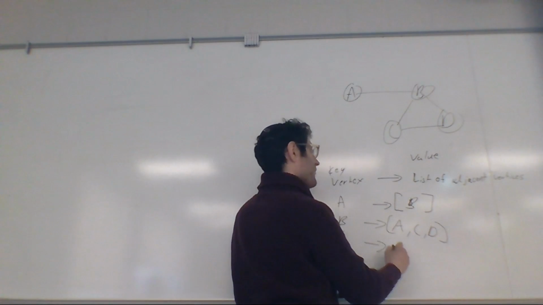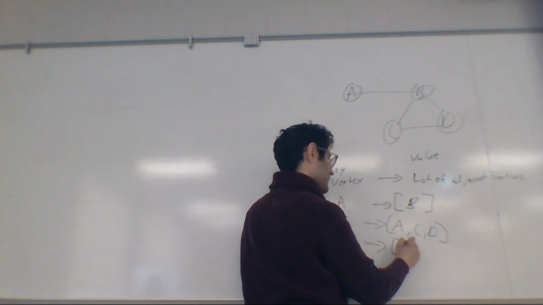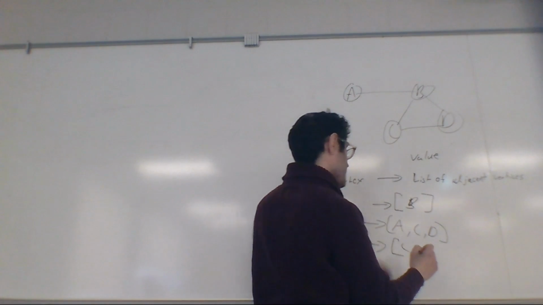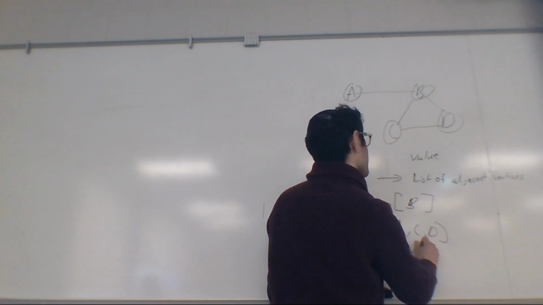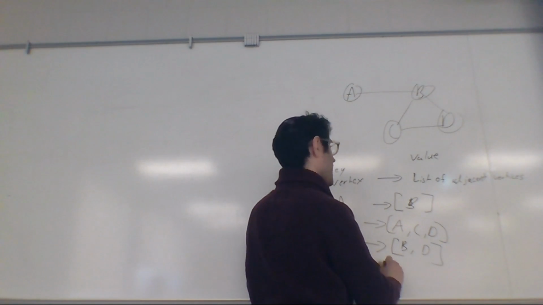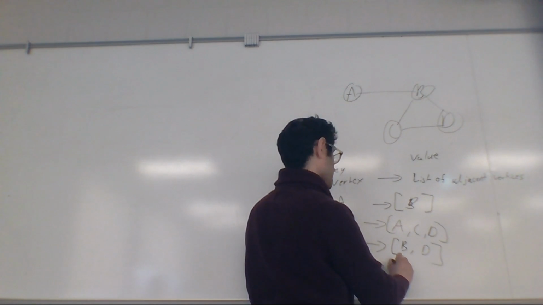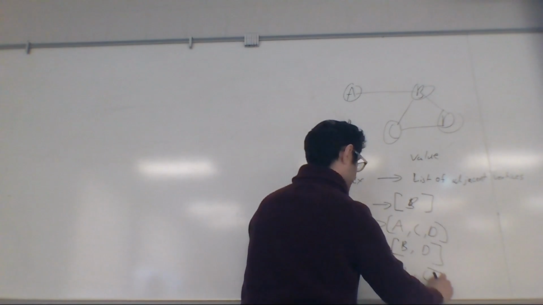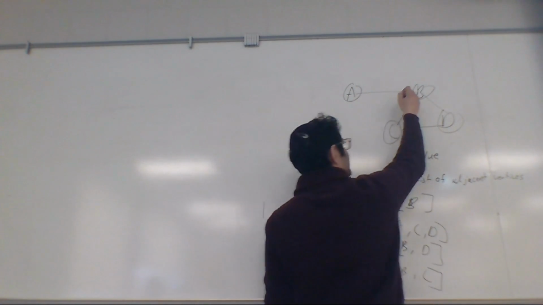C would have B and D, and D would have B and C. Now, if we were to turn this into a directed graph,